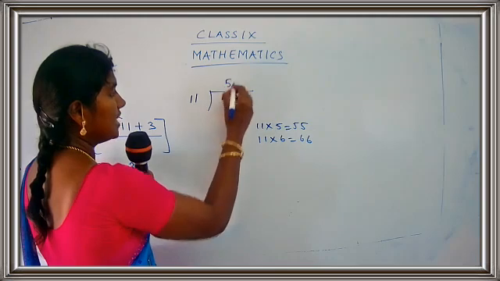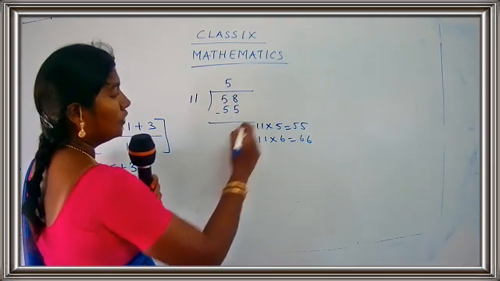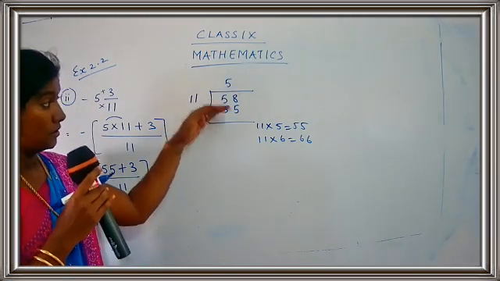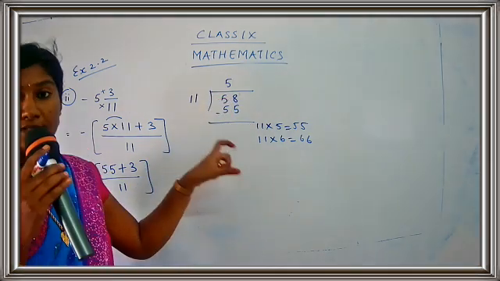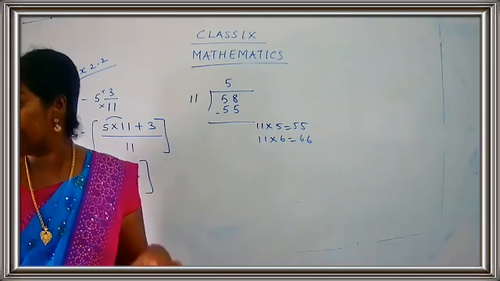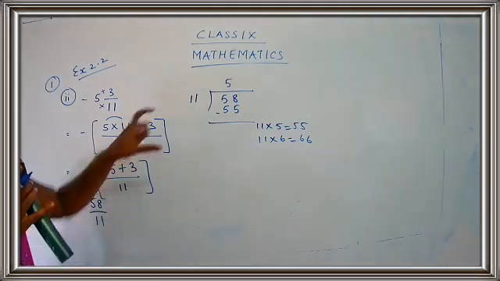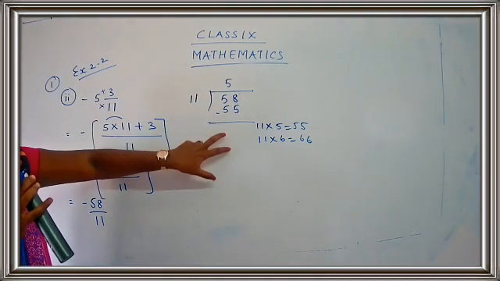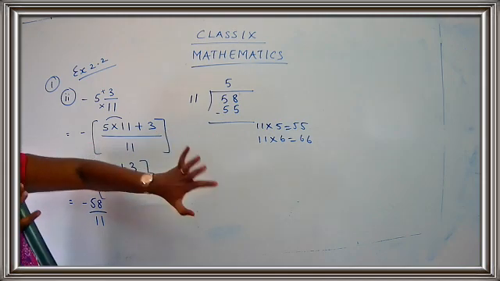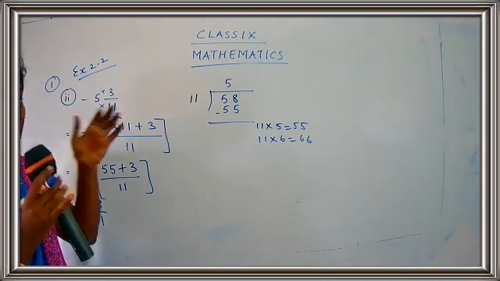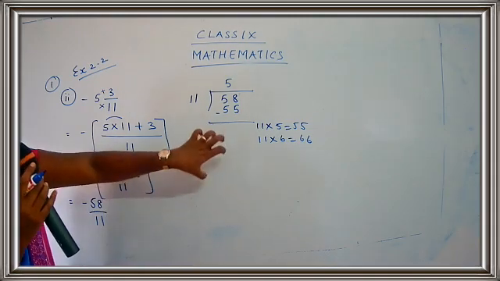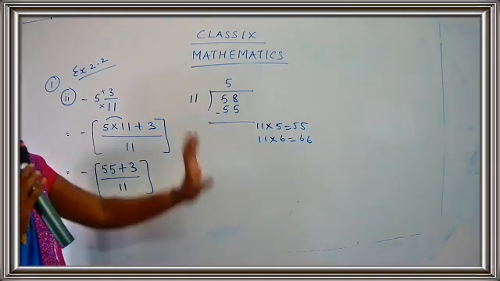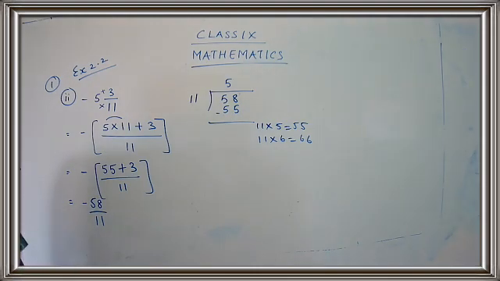11 5s are 55. You have to use proper spacing and present the numbers very carefully, children. Do not congest the numbers. You have to write the numbers one below the other so that it looks neat and tidy. Okay, children? Do not just have your own way of representing. Write neatly one below the other, wherever you have to put the number in its proper placement. So 11 5s are 55.